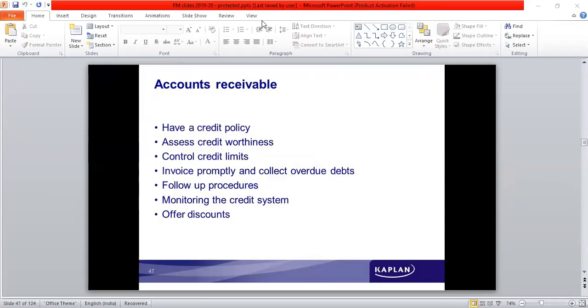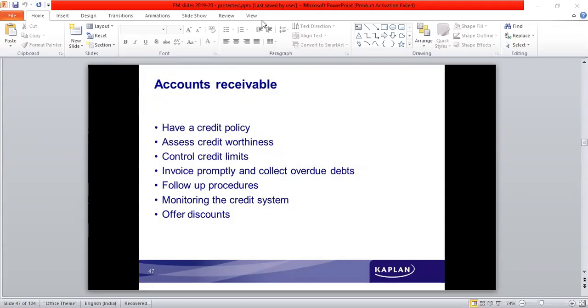Now then, how are the accounts receivable managed? So first thing, the business should have a credit policy in place. Based on the credit policy, they sell their products on credit, extending a credit period for some number of days or weeks or months. Right. But how does it happen?